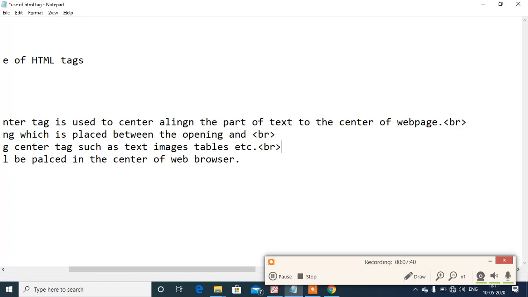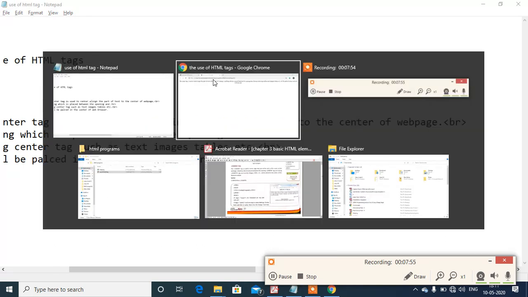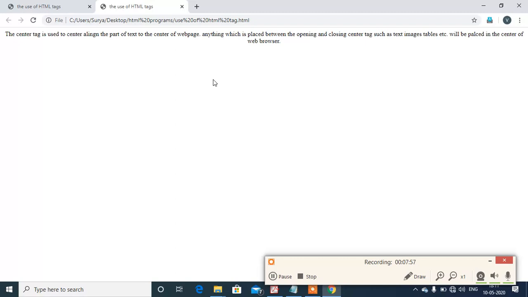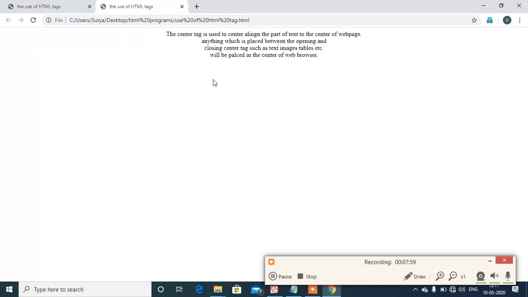Whenever you use BR tag, the text that appears after it will be moved to the next line. Now save and then come back to the window and press F5. Now you can see the characters are placed in the next line, and here the use of center tag is visualized. The lines are now arranged at the center of the web page.